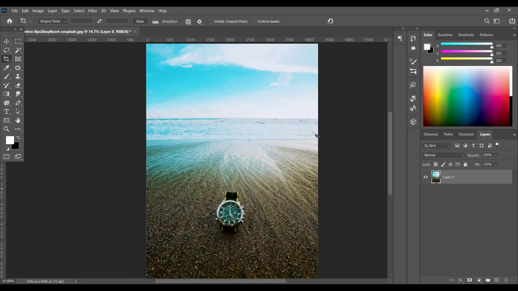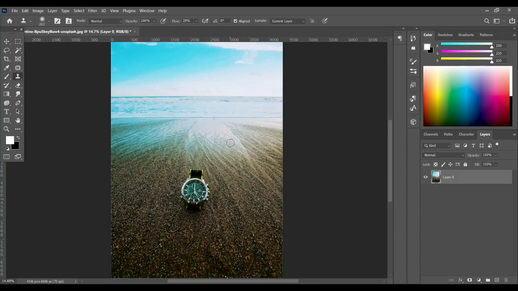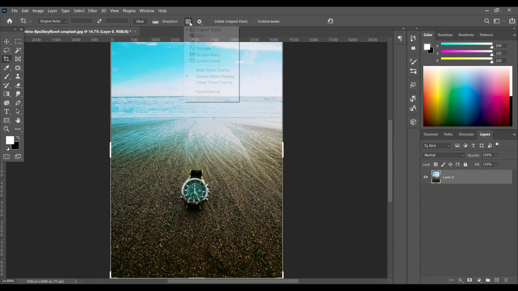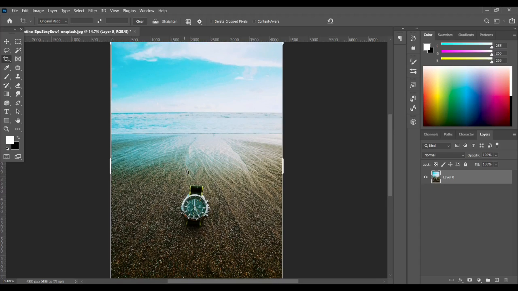After that, our other option is grid. So where is grid? Here is our grid. Basically, grid helps us to focus on the subject a lot. Suppose in this image our subject is the watch.